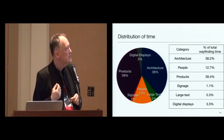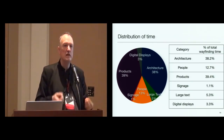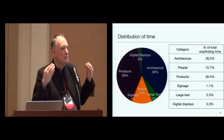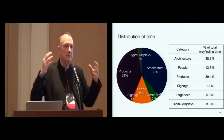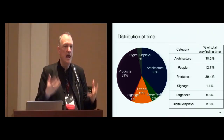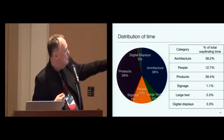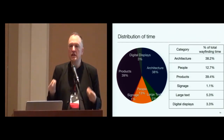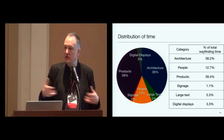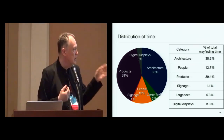The thing I found really surprising is they're spending about 40% of their time looking at this incredibly dull, unremarkable building. Okay? And one hypothesis for that is that people are actually building up large, complex, three-dimensional models in their head to help them navigate through the shopping centre. They're looking at people 13% of their time on average. Now again, people are interesting, people are fascinating, and there are also potential collision problems, so that's not